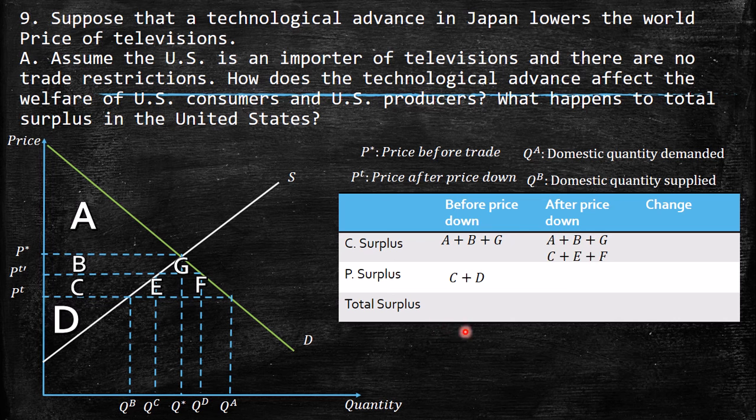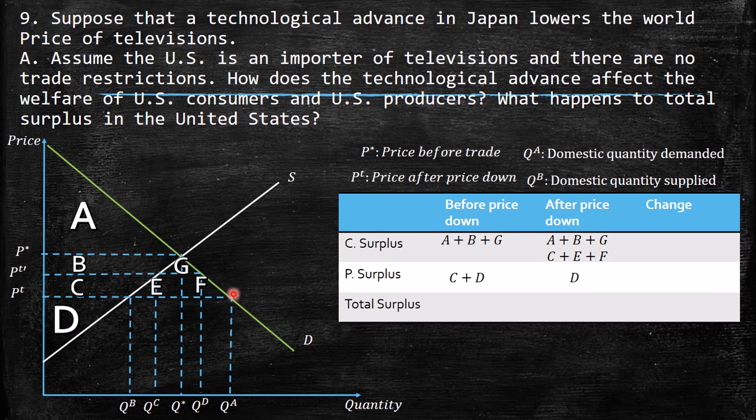So here we have the situation after the price goes down, after the technological advance occurs. The consumers are even better off, because remember they had this triangle before, but after the change, they will have all this big triangle. So they earn C, E, and F. As you notice, C is kind of transferred from producers to consumers, and EF is created given the